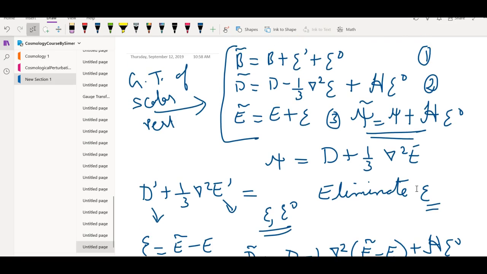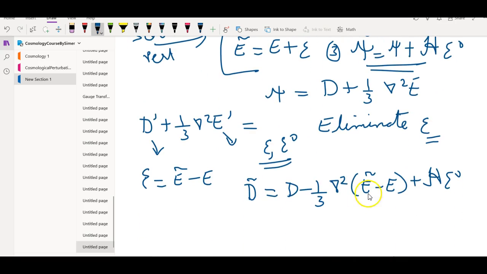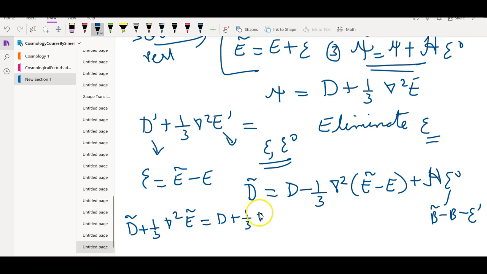Now what is xi0? Xi0 is b tilde minus b minus e prime, b tilde minus b tilde minus b minus xi prime. So I will get d tilde plus 1 by 3 del square e prime is equal to d plus 1 by 3 del square e